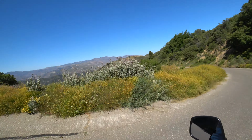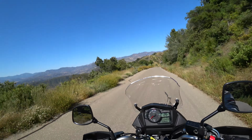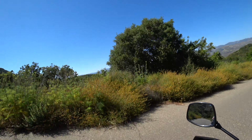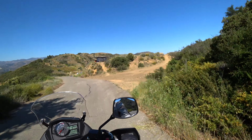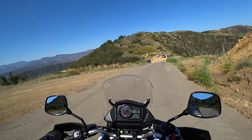I think we're getting closer. This is really far. I'm sorry, guys. I had no idea this was going to be so far. It doesn't help that I'm going 25 miles an hour, but I am just kind of soaking in the ambiance of Sonora. That might be a place to go. There's a truck with some...